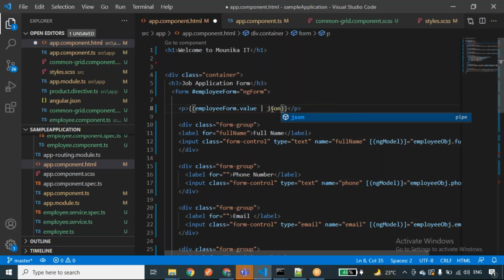If you want to convert data from one form to another, for example convert text to lowercase or uppercase, or use a currency symbol, we have the concept called pipes. This is just the pipe symbol, and the pipe name I have given is JSON. Don't worry, we are going to discuss pipes in the future.